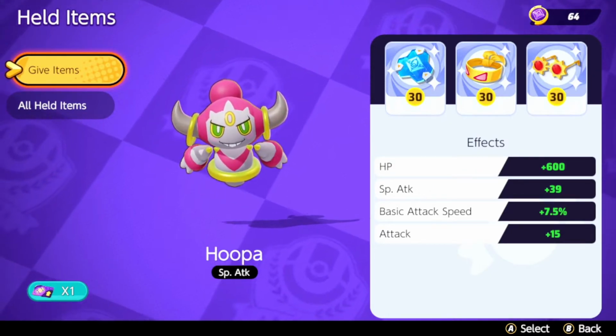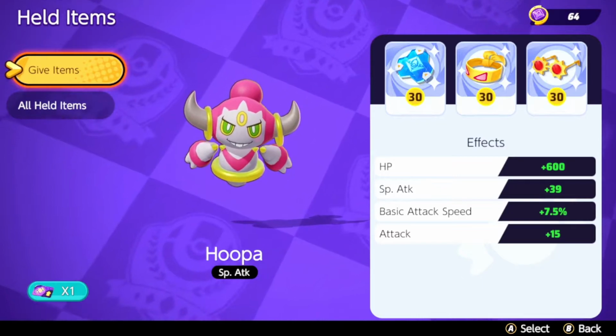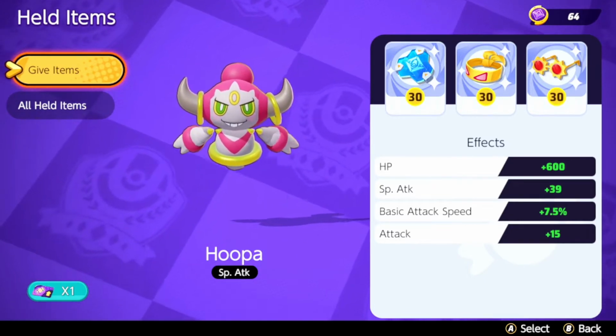Hoopa is one of the most unique Pokemon in the game. No Pokemon has more map control than Hoopa. It can be a bit rough in solo queue, but there isn't another Pokemon that can do the things this little trickster can. The Holy Trinity of Buddy Barrier, Muscle Band, and Focus Band are the go-to items on Hoopa,